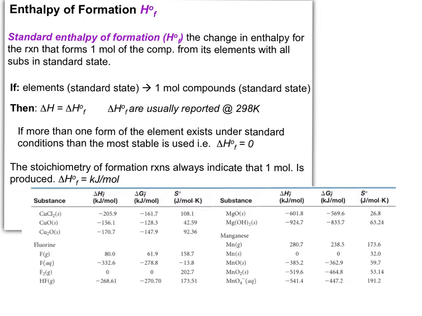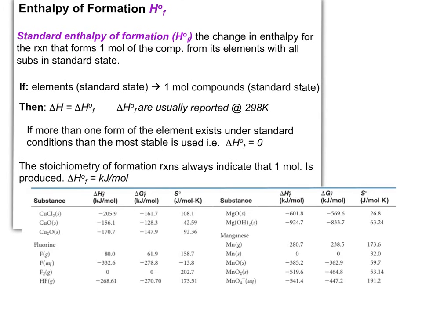And when you're using standard enthalpy of formation values and you're looking for substances in the standard state, you're going to want to pick the most stable option. And the most stable option is going to be the one that has an enthalpy of formation value that is 0. So if we go over here, manganese is one of the reactants, right? In this case, this table has 2 options for manganese. It has manganese solid and manganese in its gaseous state. The manganese with the enthalpy of formation value that's equal to 0 is going to be your standard state